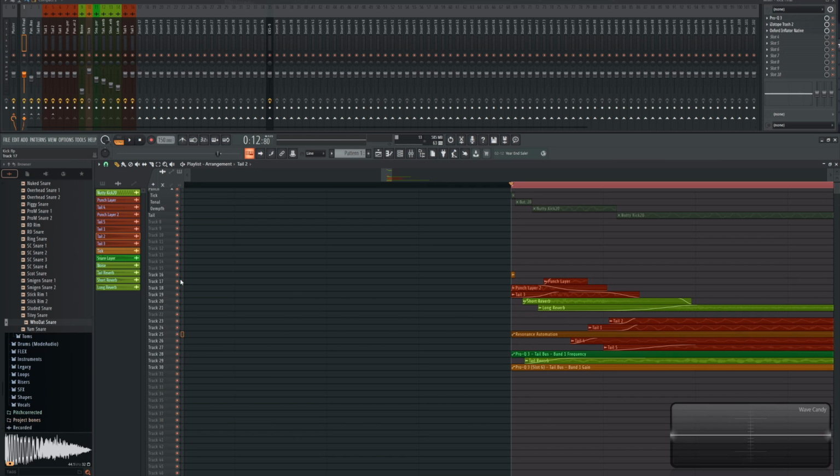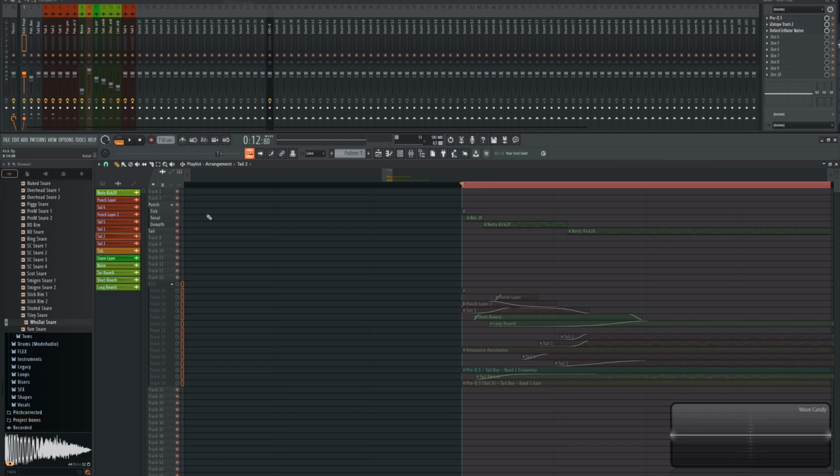Let me see. So how can we do this? Well, I think that we can actually do this. Select everything and say group with the track above. And we'll say this is our kick, right? We can turn everything off at once, I hope. Oh, that doesn't work. Okay, we can do this, right? Like this, and turn it off. Yeah. And then we'll just listen to